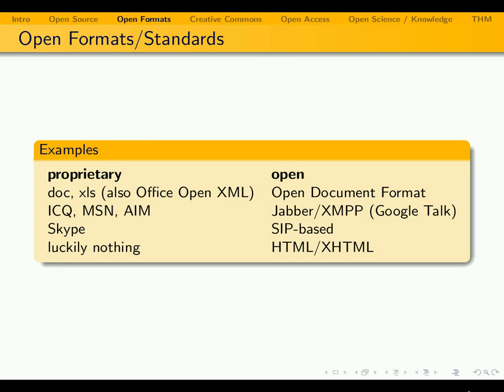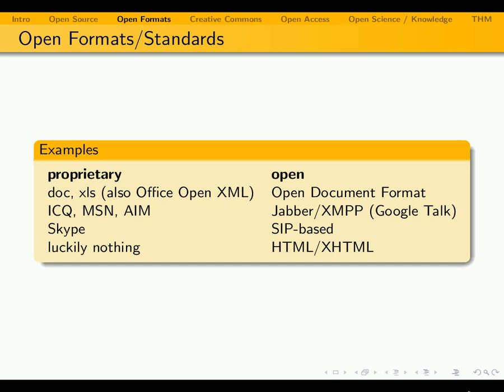ICQ, MSN, AIM are proprietary formats. Jabber is an open source and popular instant messaging protocol. Google was again very clever and is using it for Google Talk. Skype is used by many for voice over IP, but among some other hooks, it has a proprietary format. There are many SIP-based solutions for this that are open. In my opinion, the most important open format that has luckily no proprietary competitor is HTML, the language used to